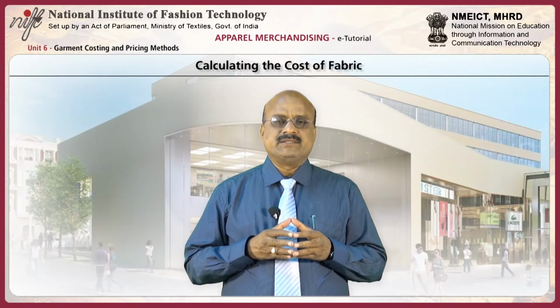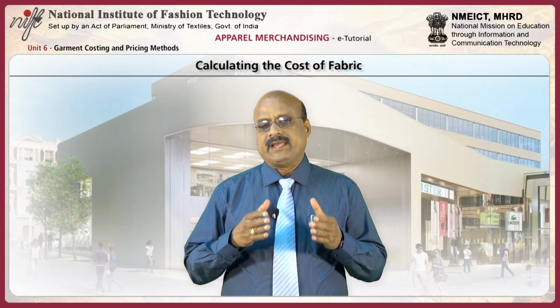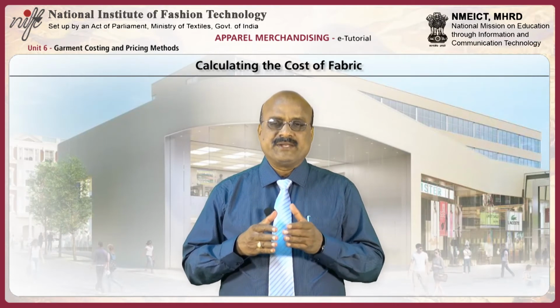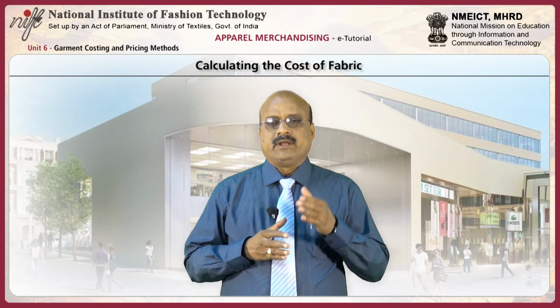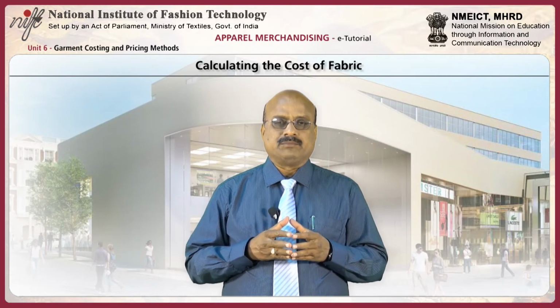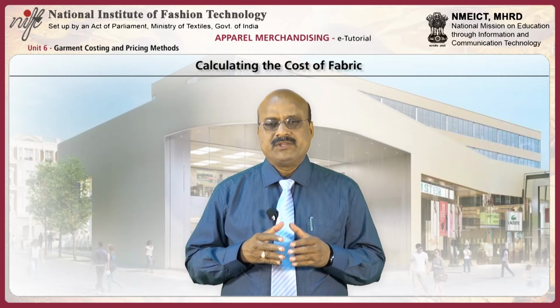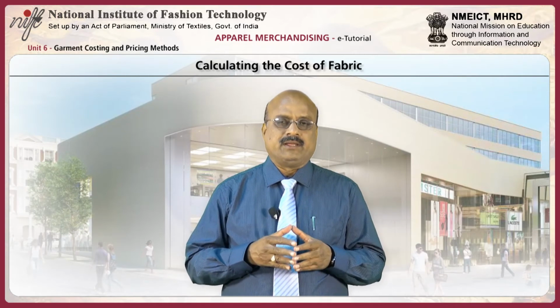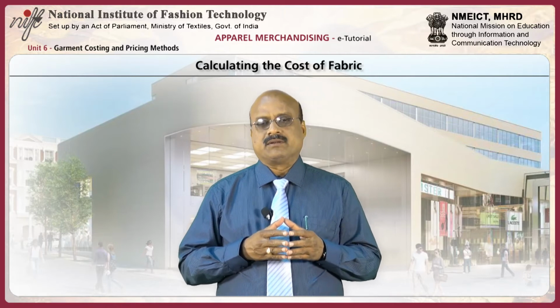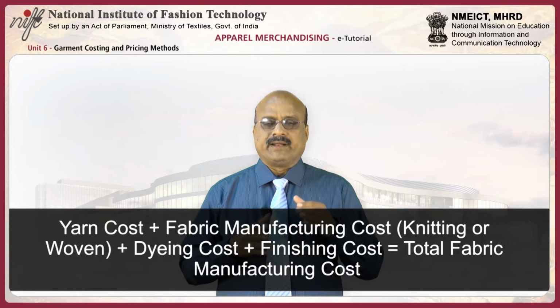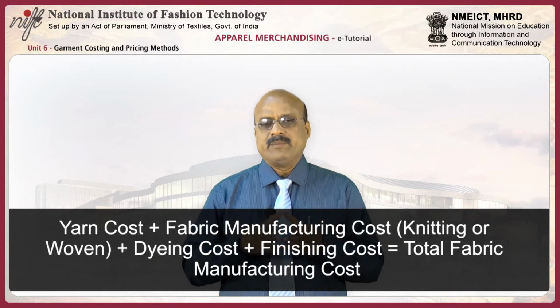Dyeing cost indicates that if the fabric is yarn dyed or fiber dyed or piece dyed, the respective cost will be added depending upon the fabric type. The finishing cost includes heat setting, normal finishing and compacting in case of knits, etc. Fabric cost in garment is equal to rate of fabric multiplied by the consumption of the fabric in the garment.